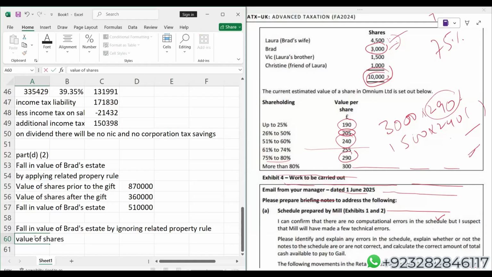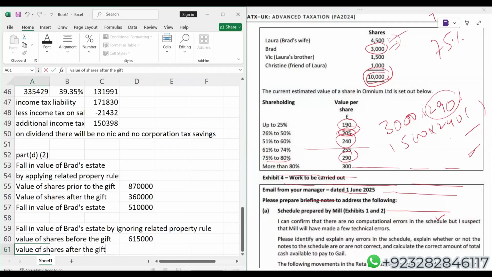Value of shares before the gift. Number of shares are 3,000. 3,000 means your holding is 30%. At 30%, you can see that applicable share price is just 205. Then value of shares